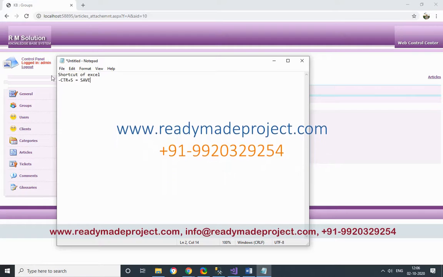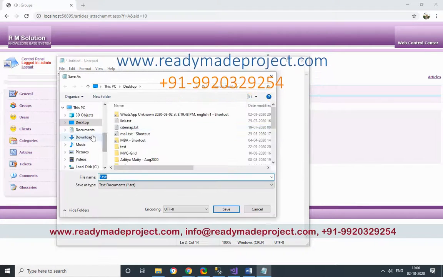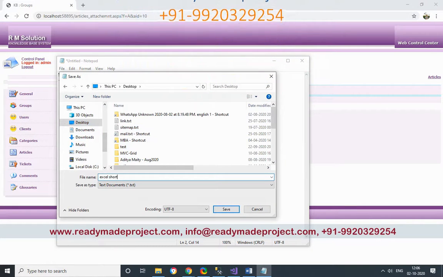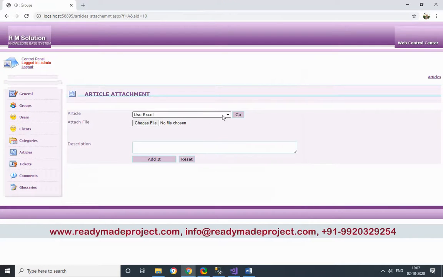Okay, now I want to upload this file, so I'll save it. It's on the desktop, Excel shortcut. Now I will add this file.